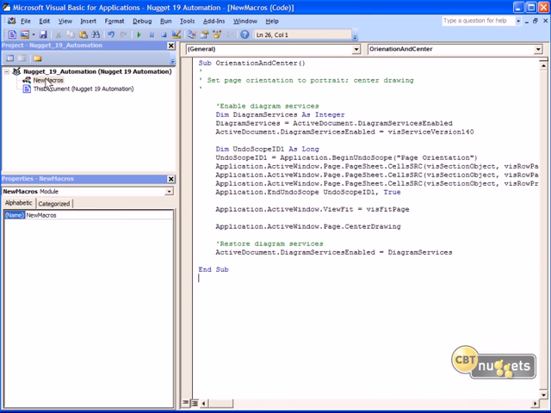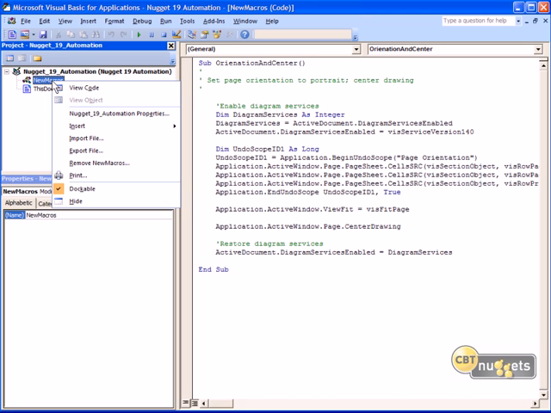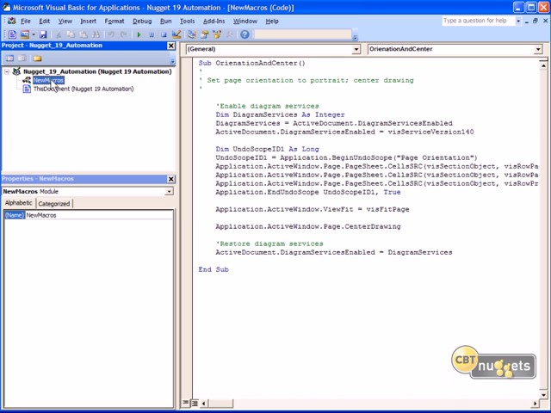Now new macros is the default name. It's just been an Office standard for years, and a module means that this is encapsulated code, or code that's in a separate area that you can actually export and share if you need to. Note if we right-click the module, there's an option to export the file. So just to put that in your conceptual pipe to smoke, modules provide one good way to store your VBA code for sharing among multiple files.